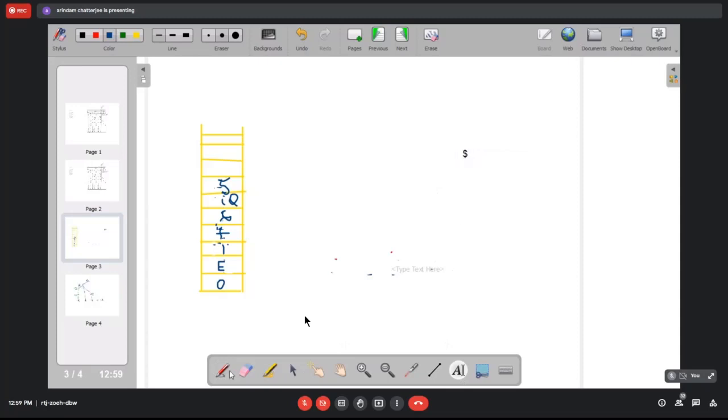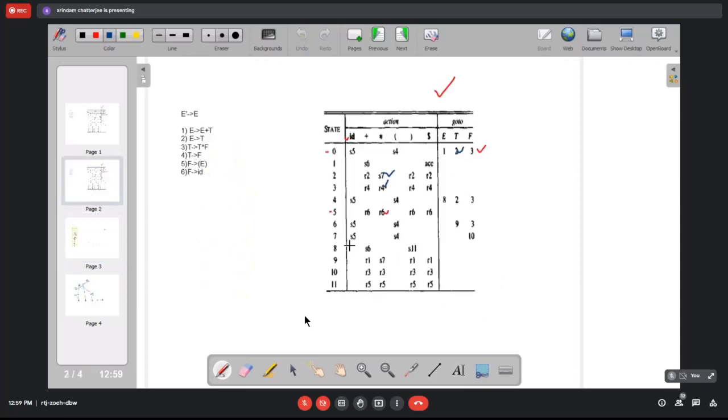So dollar is the input, and we have the input pointer under dollar. So stack top is 5, and dollar is the input.